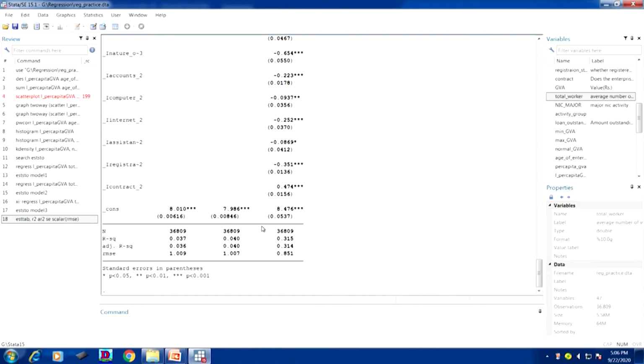Since we have considered more variables in the third model, more diversity is there, and that explains the model correctly. That reduces the root mean square error, that is the variance term has been reduced, but the R square value is actually increasing.